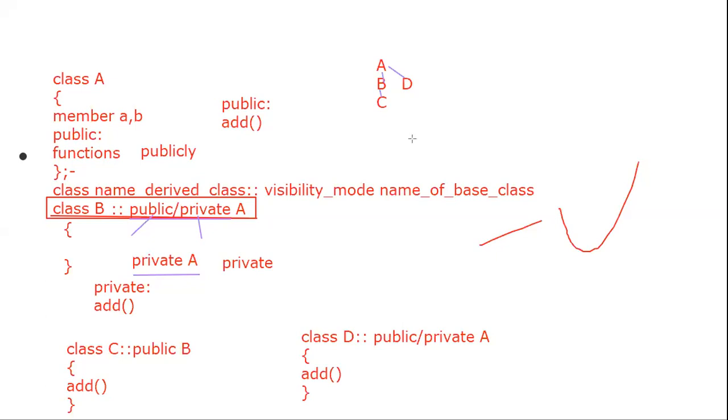A is the base class, and two leaves are formed, meaning B and D, these are the two different derived classes, and from that B again you will get one more class C. So the add function is restricted with respect to only this C. Don't worry about this D. The add function is only restricted for that particular class C, because inside class B, what is the visibility mode of the add function? It is private. But in case of class D, you are going to directly inherit from that particular class A.